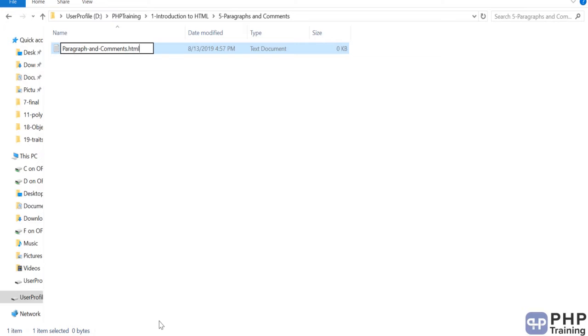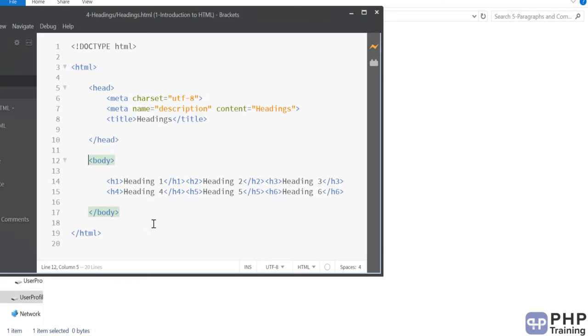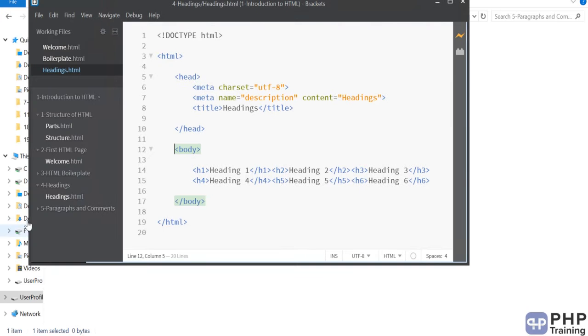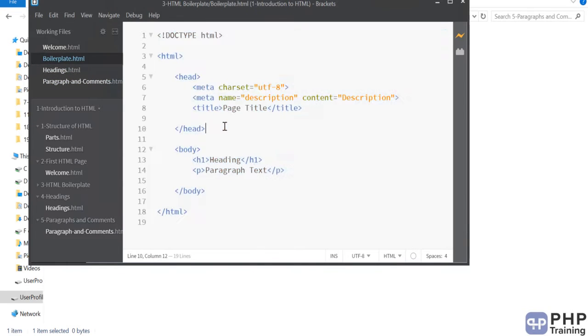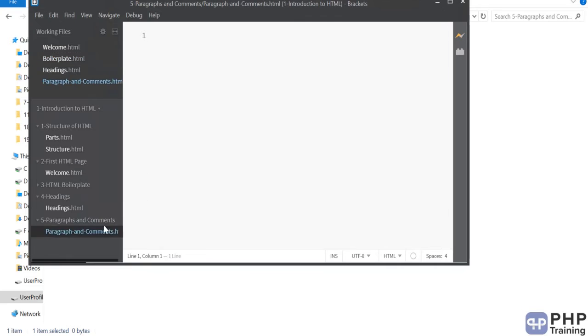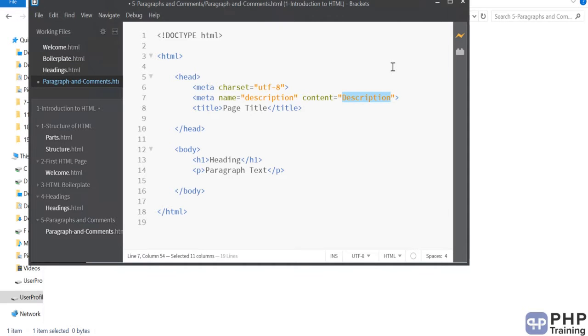Change it to .html and then we'll use Brackets to open it up. Okay, so let's open this up. Remember the boilerplate. We copy the boilerplate, we paste it here, we change our description to paragraph and comments.